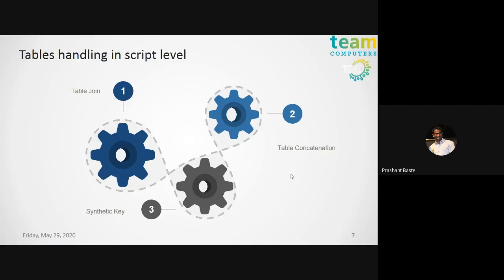While applying the joins, you must be very clear about what your primary key is and what kind of data it contains. After joining the primary keys of these two tables, what can be the expected result? Let's say I have two tables having 10 records in each table, and I'm applying a left join, table 1 left join table 2. What should the output be? What number of records can be expected?